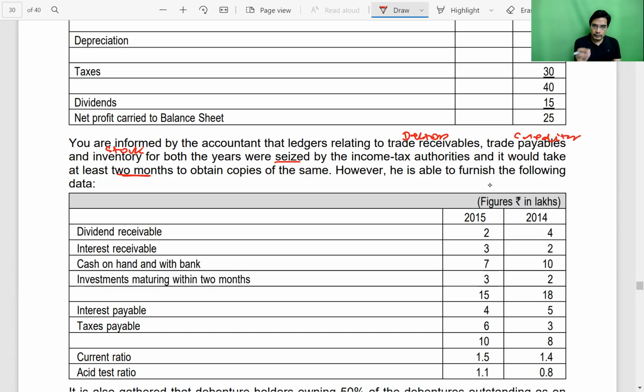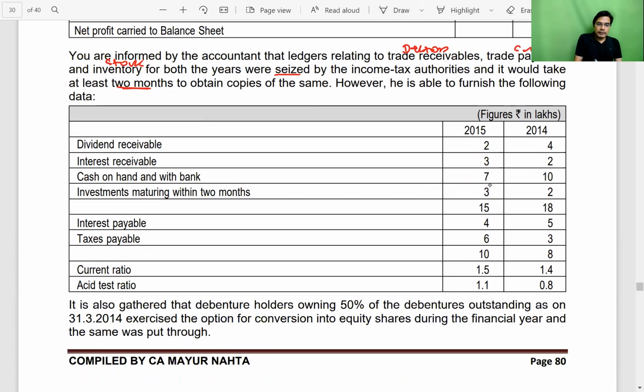So income tax authorities have taken away from us the details of debtors, creditors, stock, and these are the most important details to determine the cash collected from debtors and payment to creditors under direct method. And these details will be available after 2 months. But one favor income tax authority has done is they have given us the following information. They have told on 31st March 2015, these are except debtor, creditor, and inventory. They have given us the details of,